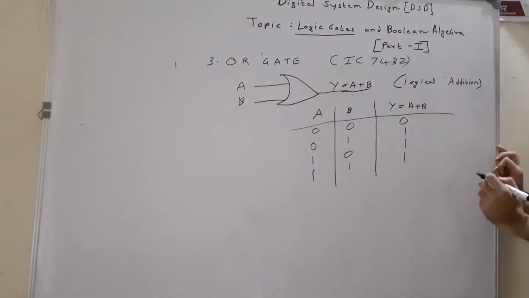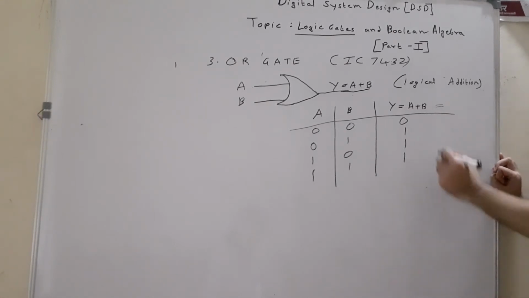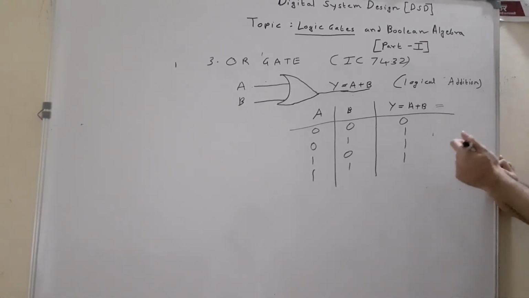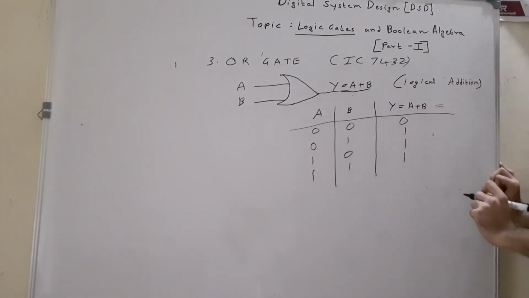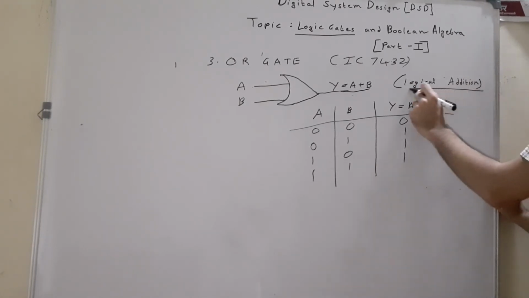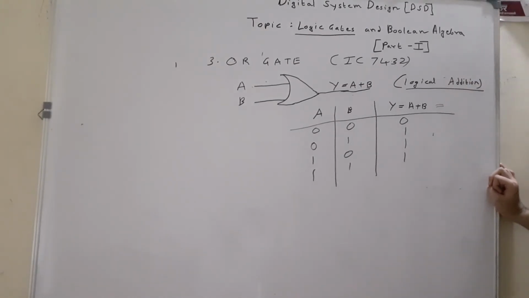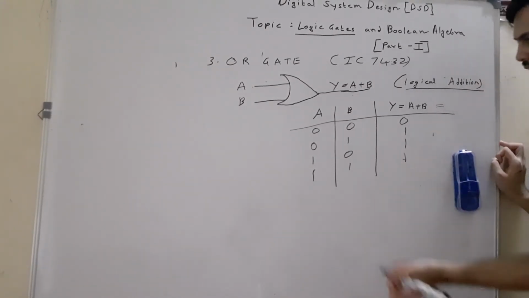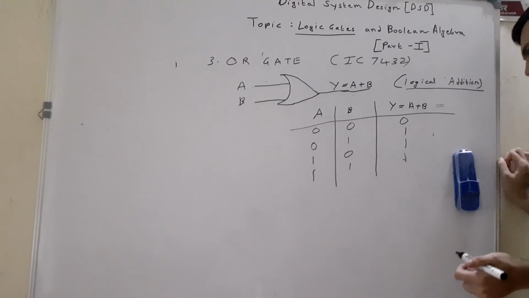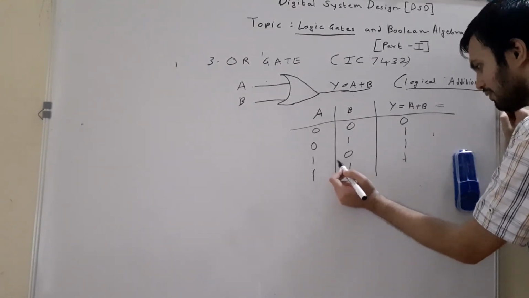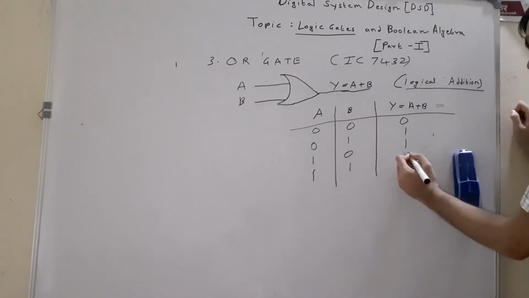Now this example I had shown you earlier when I was explaining the meaning of a logic expression or Boolean expression. I had explained Y is equal to A plus B only. So Y is equal to A plus B is performed by OR gate, whose IC number is 7432. So this is used for logical addition. So this is the truth table for OR gate. So we were discussing the truth table. What is the addition of this? 1 plus 0 will be 1. 1 plus 1, your sum will be 1.